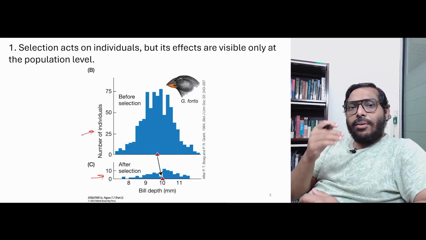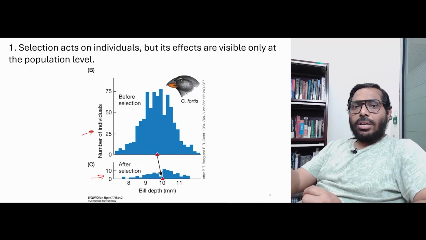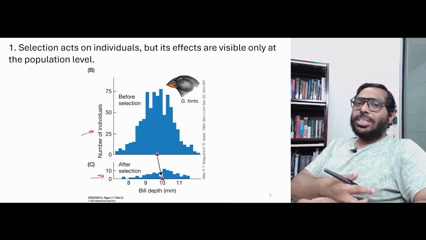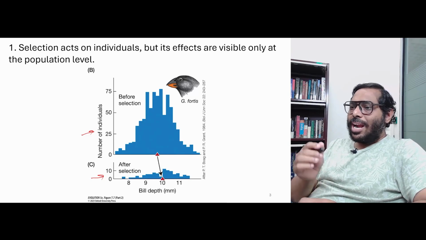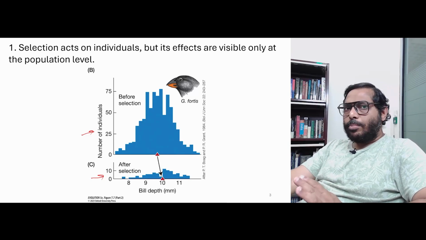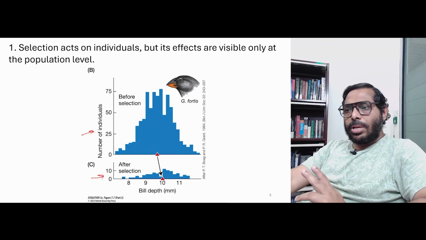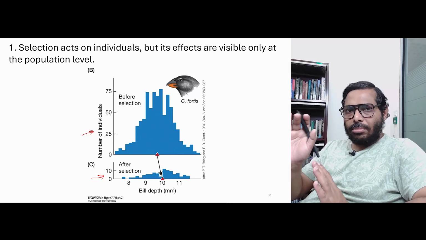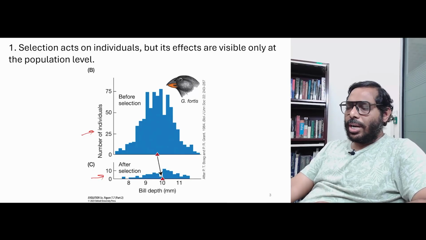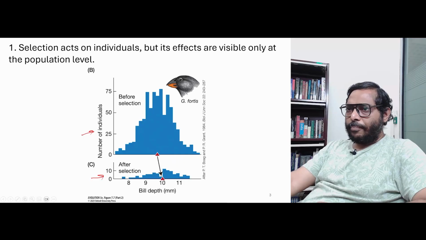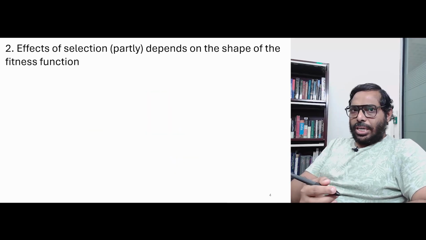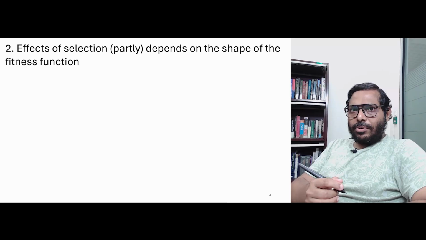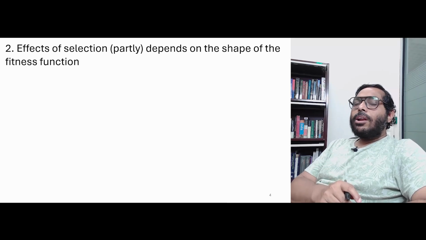Individuals will live and die, they do not have temporal continuity. It is only the population which has temporal continuity, and therefore the effect of selection also needs to be seen at that level. Very simple point, but very often people end up missing this concept, which leads to all kinds of issues. Okay. Second point, the effect of selection will partly, not entirely, but partly depend on the shape of